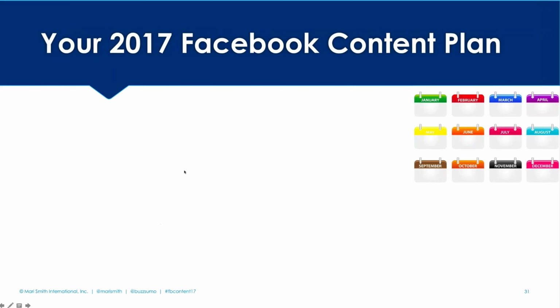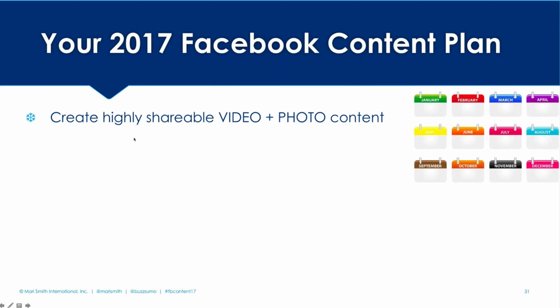My summary slide for you all, my friends here. Your 2017 Facebook content plan, I wanted to make this as simple as possible. As you've heard from both Susan and I today, we really are emphasizing video. Visual, right? So at minimum, you want to be posting more image content, images, and links to long-form content. That's great. Driving people to your website, installing the Facebook Pixel. Those are more advanced techniques, but definitely highly effective. But as I say, number one, create highly shareable video and photo content.